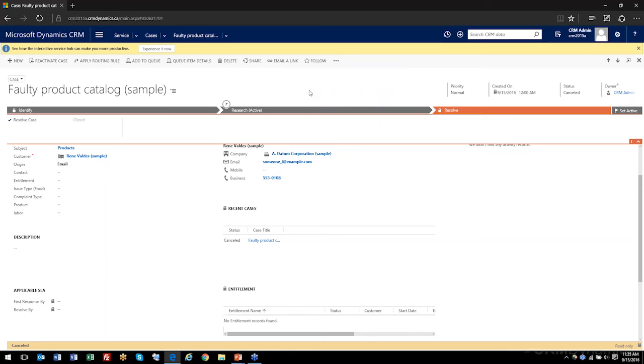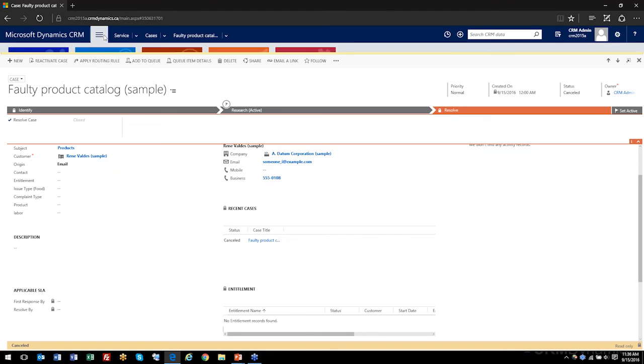Okay, so that's pretty much the basics of cases. There's not much more to the core of the cases other than summarizing everything that the case has. And the nice thing is that Microsoft by default has the dashboard section here, so we can go to the dashboard section, and within it there are a number of built-in dashboards, charts, and views to help you manage your support cases, and that includes the number of cases by agent,